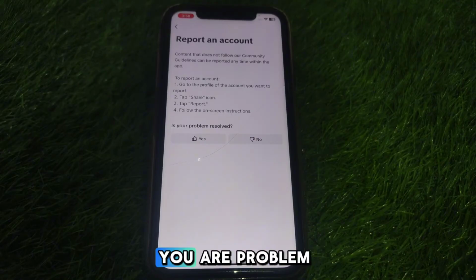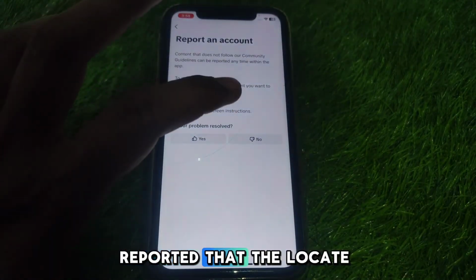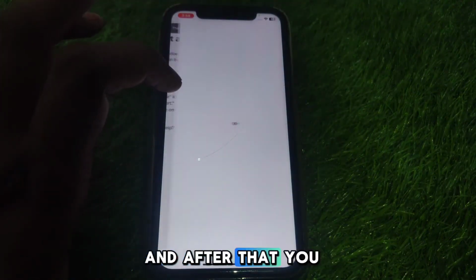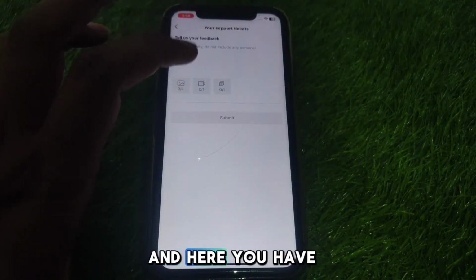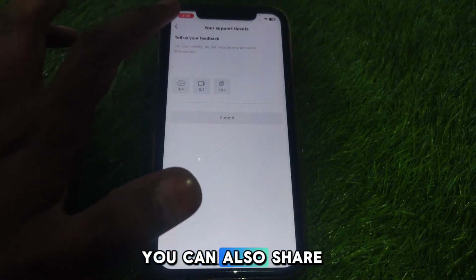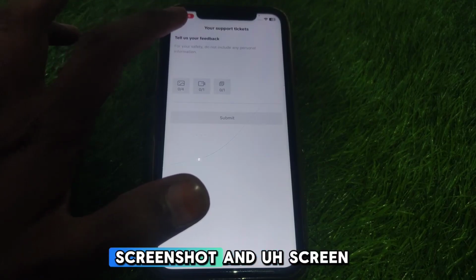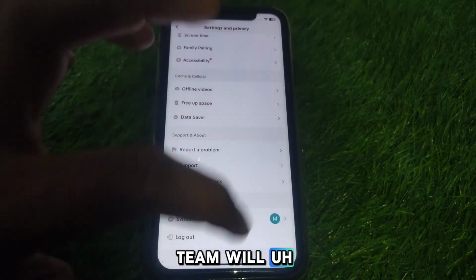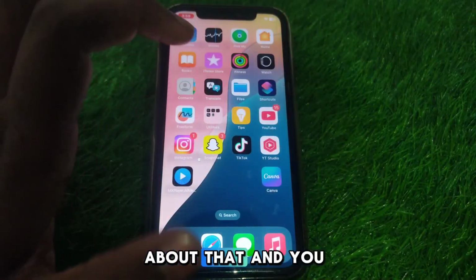And after that, if you have already reported, then okay. If you have not reported, then you have to click on no. And after that, you have to click on need more help, and here you have to provide all the details about that account. You can also share the screenshot and screen recording video, and after that the TikTok team will take strict action about that, and you will be